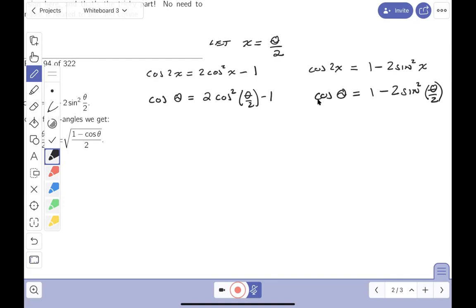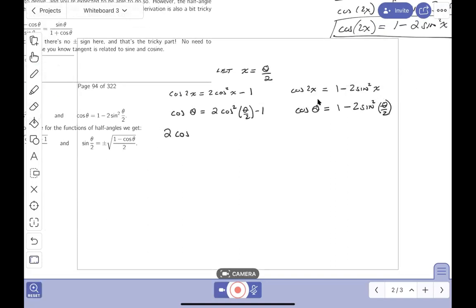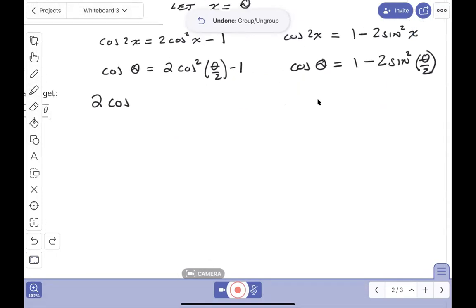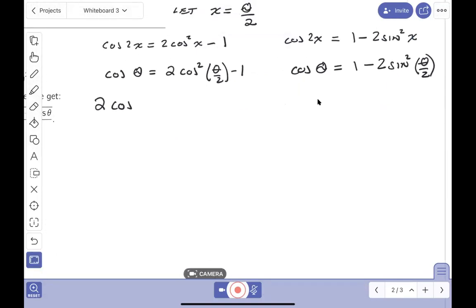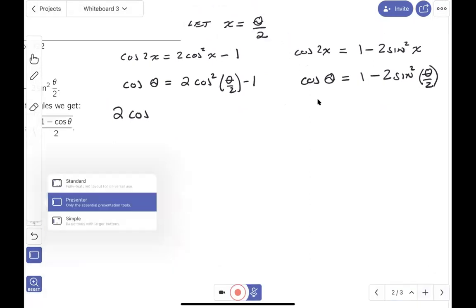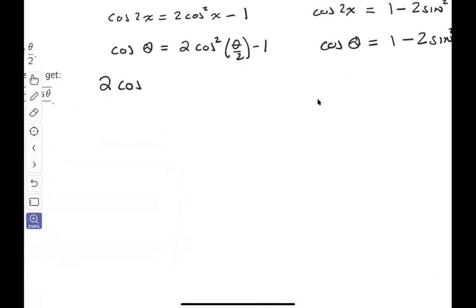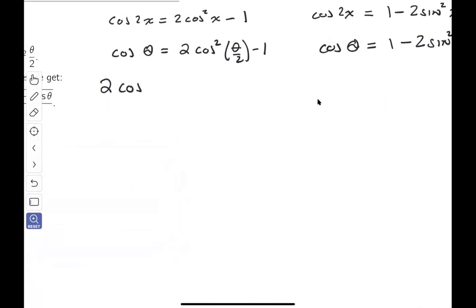And yes, I know it's a lot of work. I'm going to rearrange. This is going to be 2 cosine squared theta over 2 is going to be cosine theta